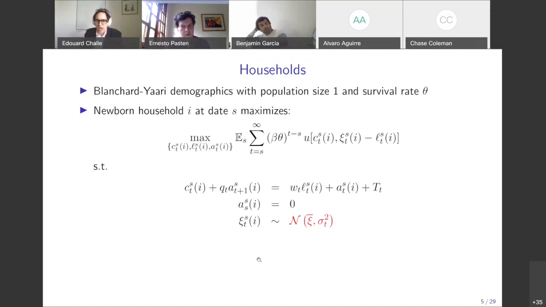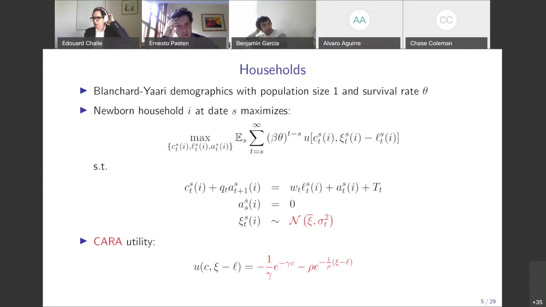Okay. And very importantly here, we're going to assume that psi is normally distributed. Part of the reason why we get a closed form solution is that we combine normally distributed idiosyncratic risk with this constant absolute risk aversion utility functional. So it's going to be negative exponential in consumption and negative exponential in leisure, the difference between the time endowment and labor supply. Is that clear so far? If there is no question, I will proceed.